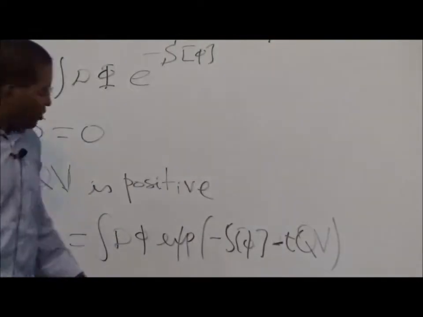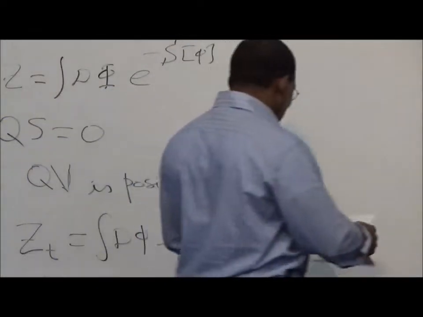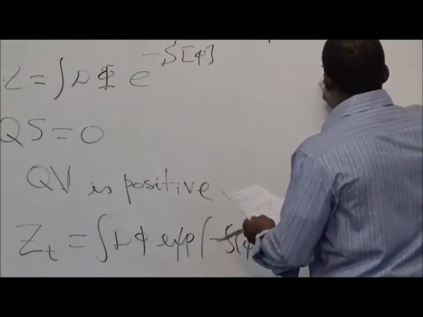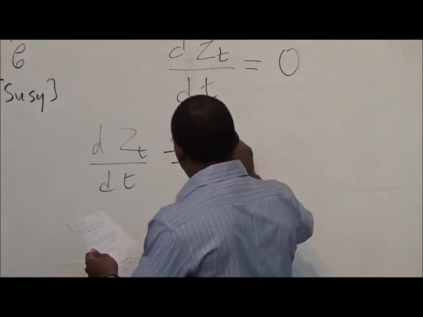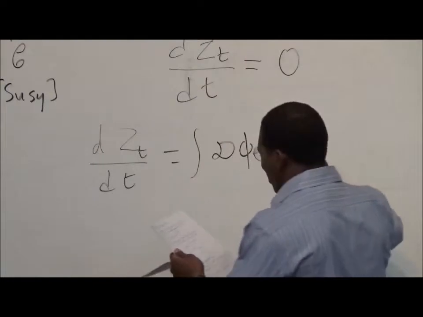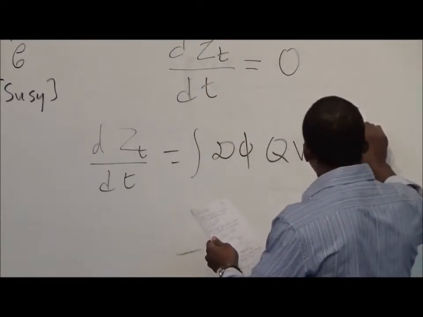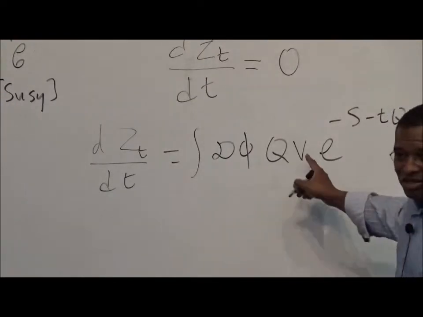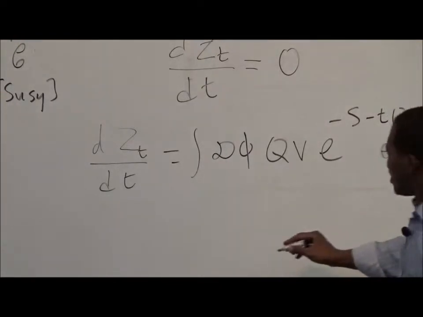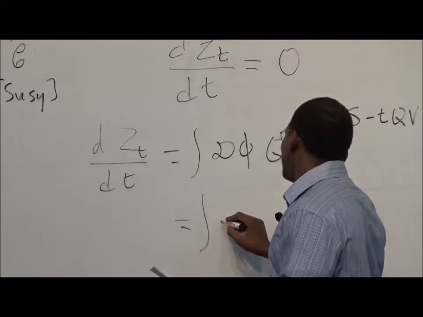So let me do one step. dZ_t/dt is essentially going to be the integral of d phi, with QV coming down. Again, this is not super kosher, but it's just to give you an idea. I can rewrite this as